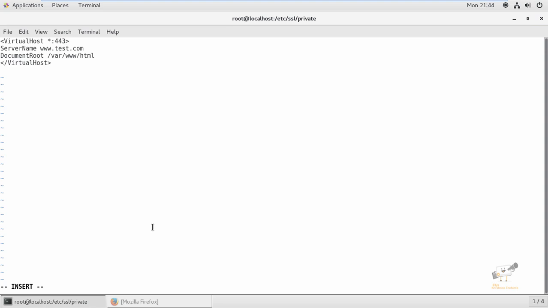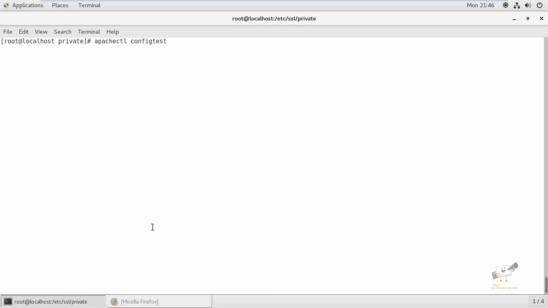I'm going to change the port to 443 for HTTPS and add the following lines to the virtual host: SSLEngine on, SSLCertificateFile /etc/ssl/private/ssl.crt, and SSLCertificateKeyFile /etc/ssl/private/ssl.key. Now save the file and exit.